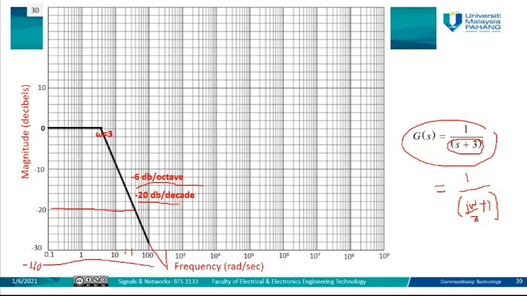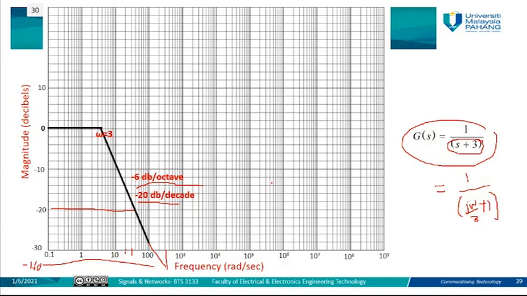That means each decade it will decrease by 20 dB. So here 20, here 20, so it becomes 40. At 3000 it gives you negative 60. At 30,000 it gives you negative 80 and so on. So this is how we can represent the Bode plot for each element or each component of our transfer